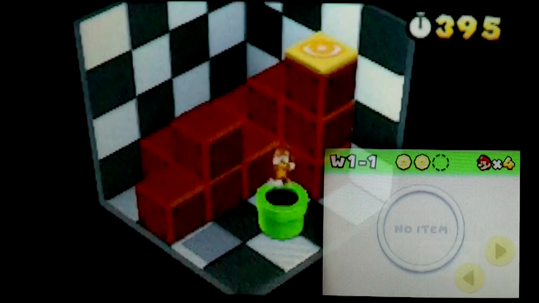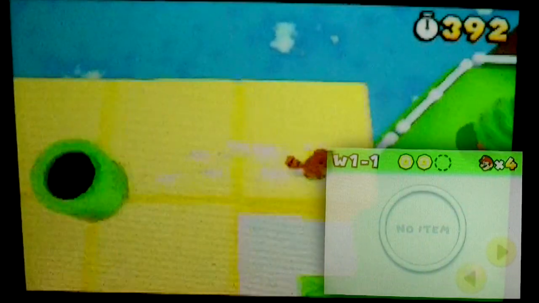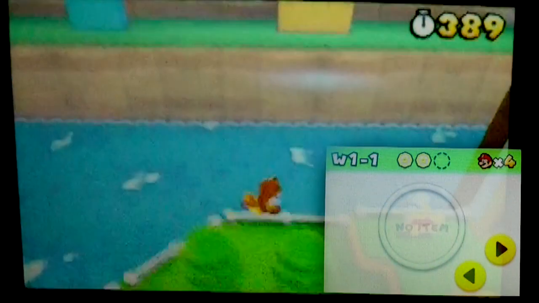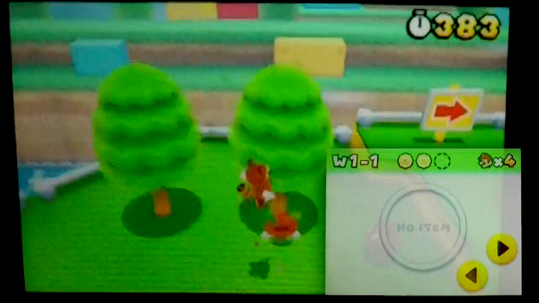So there's star coin number 2. That's not too difficult. Like I said, a couple will require you to have the Tanuki suit, but it's not too bad. They're usually pretty generous about giving them out pretty early in the game, and you do need them to progress